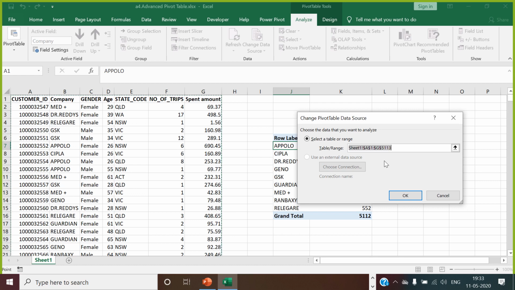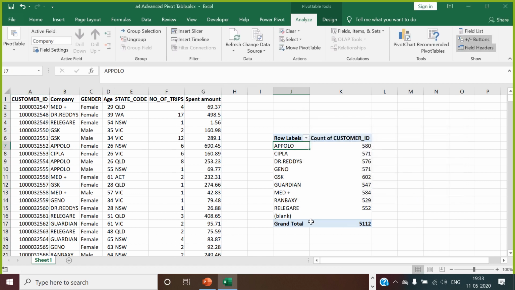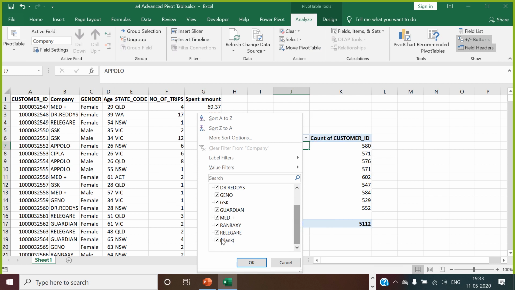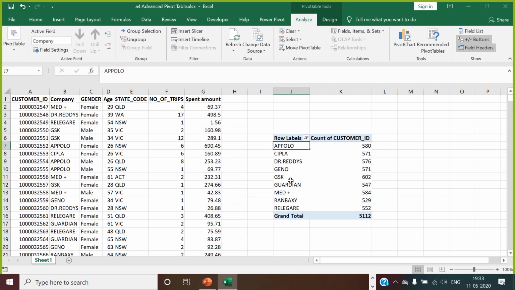So as I said yesterday, you should not go for selecting data by range. Always make the pivot table select by columns. The benefit of using this is that if tomorrow you add any data to this data range, it is definitely going to refresh over here. You can come and refresh the data here. When you select the entire column range, blanks will come, which is very obvious. It is not an error. Just go and untick this. This is how we can use the pivot table with a selected range.